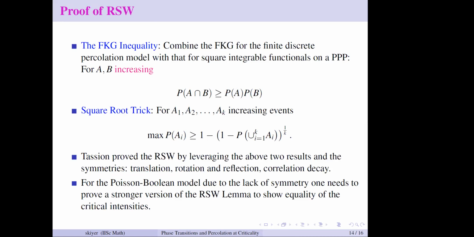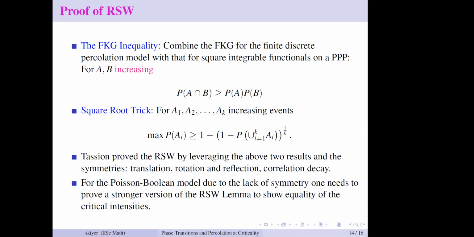In the last 5-6 minutes, I'll just say a little bit about the ingredients of the proof. It's quite astonishing that the ingredients are something very, very simple. You don't need some very hard estimates. The first one is what is called the FKG inequality. It says that if you have two events which are increasing, so increasing in general would mean that when you